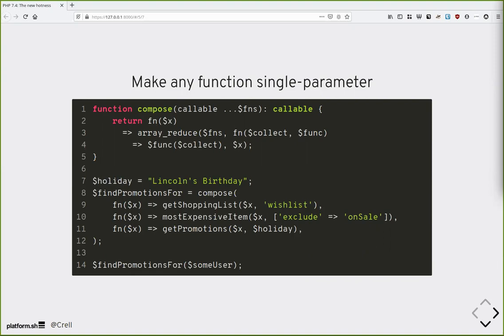You have a compose, which takes in an array of functions and returns a new function that will, using array reduce, iterate over that, take a single parameter and then iterate over that list of functions, passing the result from one into the next. Which means we can now do code like line 7 to 12 here, where we pass